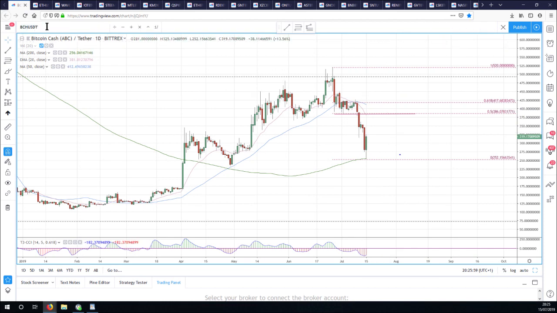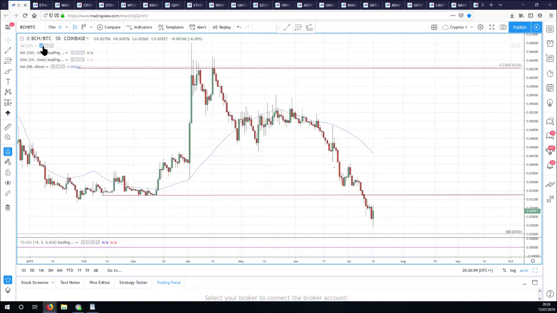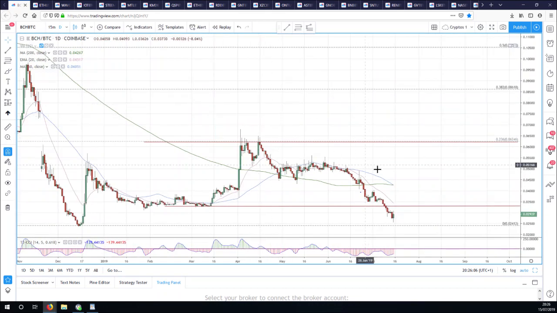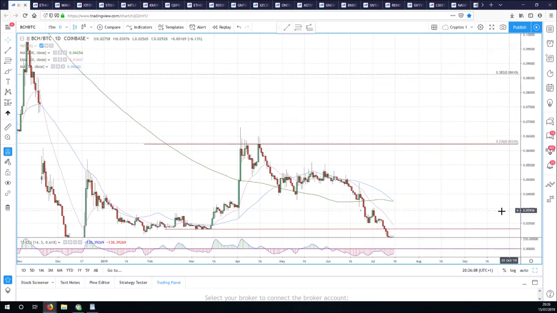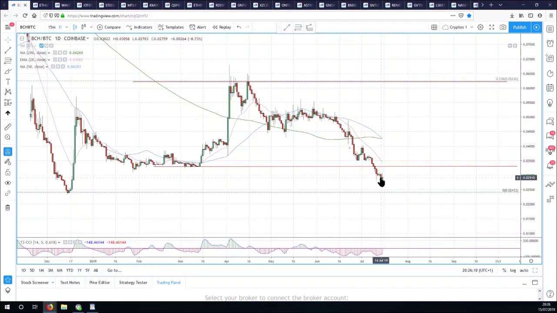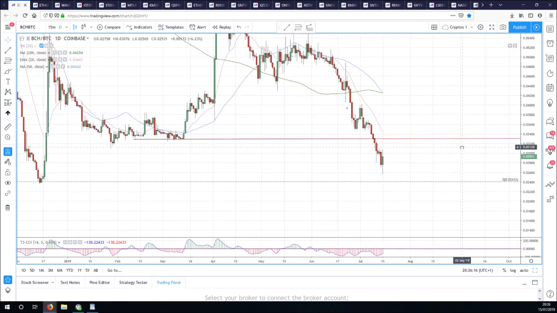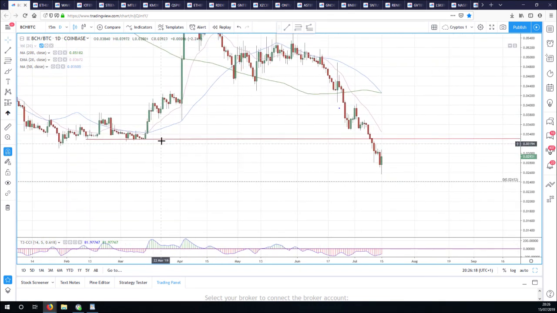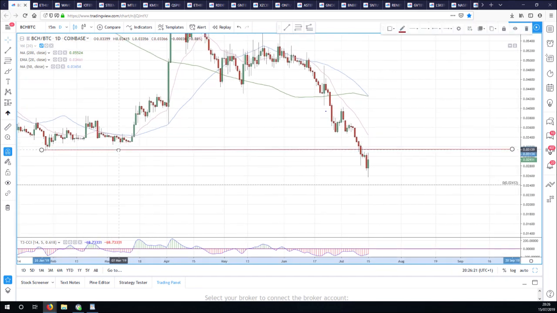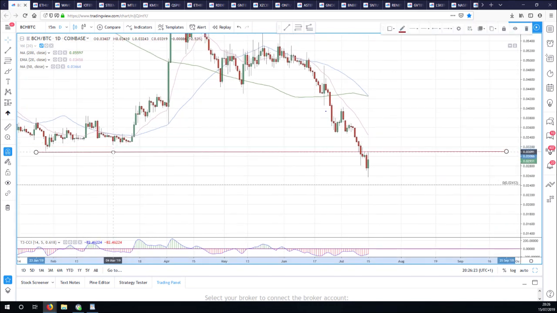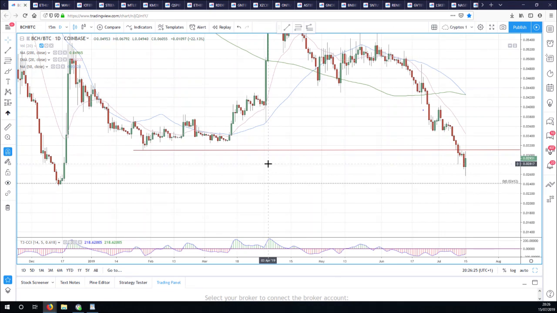We could look at it against Bitcoin, but it won't be pretty. None of these charts against Bitcoin are at all pretty. Now, we're in a very solid downtrend in this one as well. Today is what is a bullish piercing line candlestick pattern. It's a very powerful candlestick pattern. I would say it's as powerful as a bullish engulfing and works better.